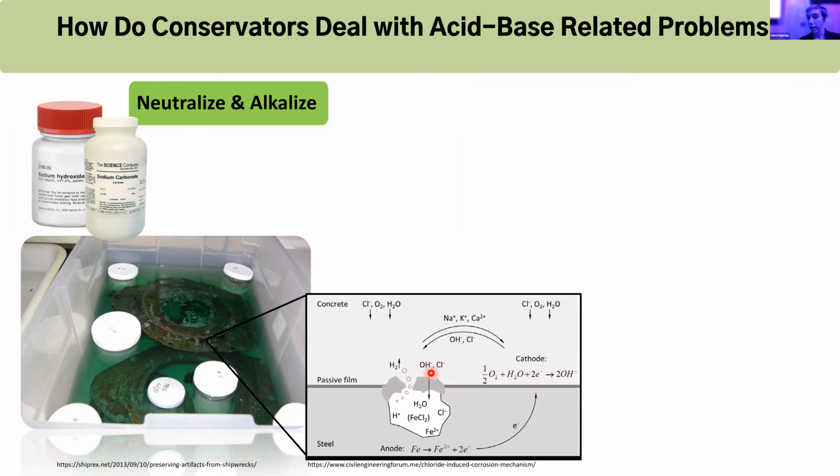You have your iron set up, you have that ferrous chloride breaking down and becoming hydrochloric acid. If you add a base to it, if you add a source of hydroxy, then all of a sudden that hydroxy can partner up with those hydrogen ions instead and create harmless water, essentially. Obviously, the more you add to it, the more alkaline this material becomes. And the more hydroxy you add, and this goes back to my earlier comment about the different pH of an environment influencing what types of corrosion products are produced,